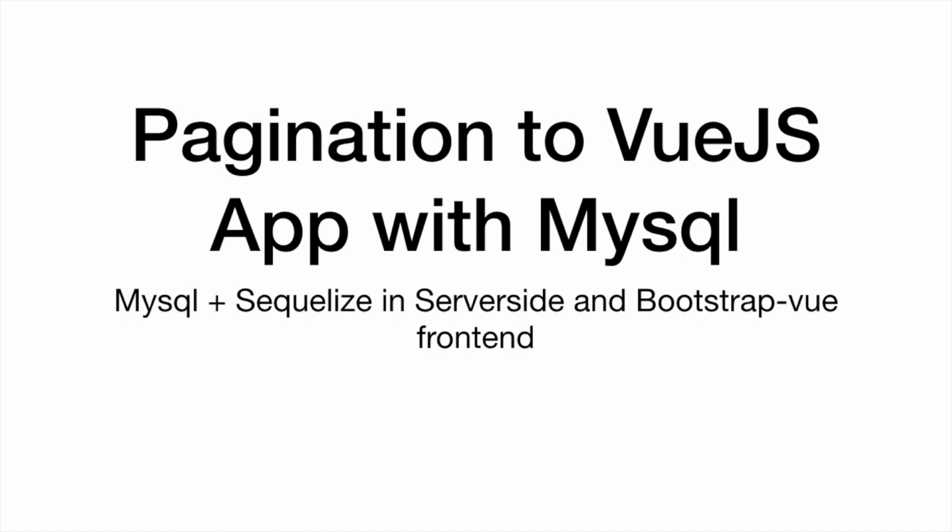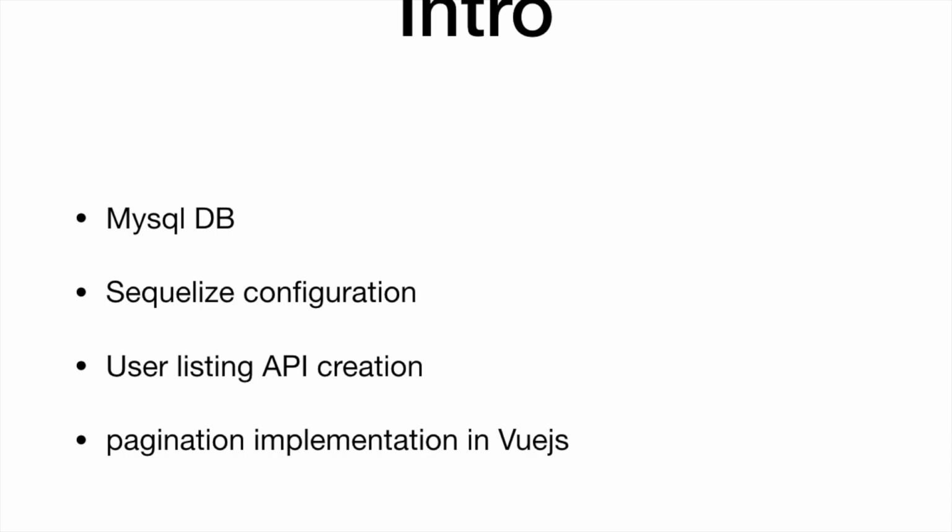Sequelize is a popular object relational mapper. It's very useful to connect with MySQL from the Node.js end. And in the front end, we are using Bootstrap's default pagination components. So I'm going to explain how to configure the MySQL DB on the Node.js server side and how to configure it with